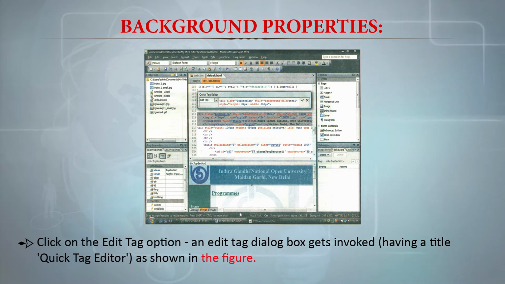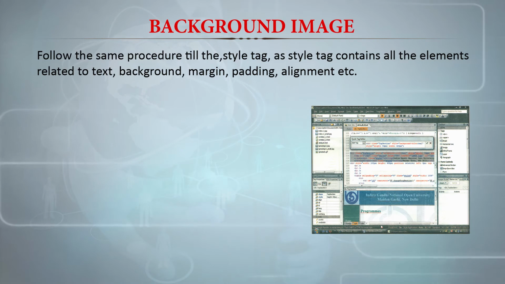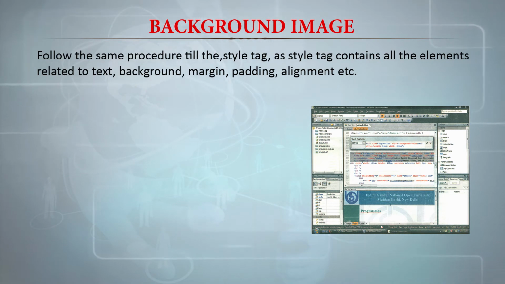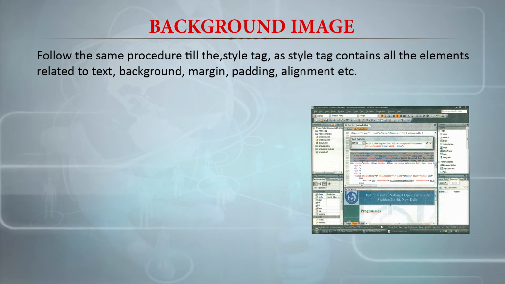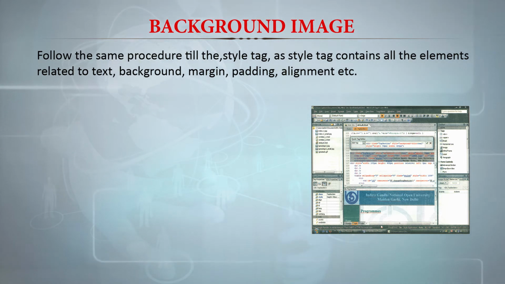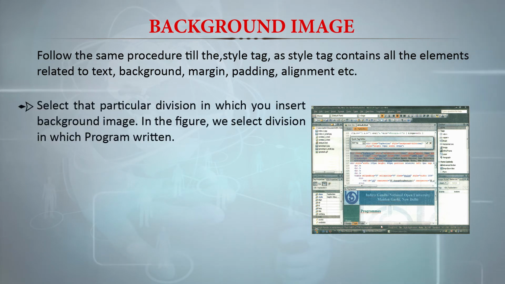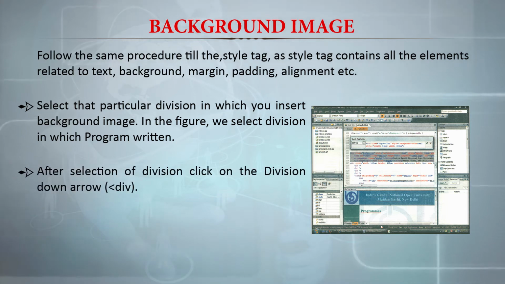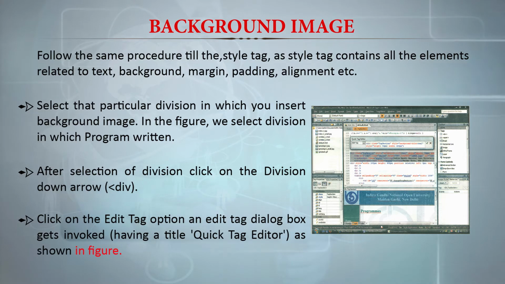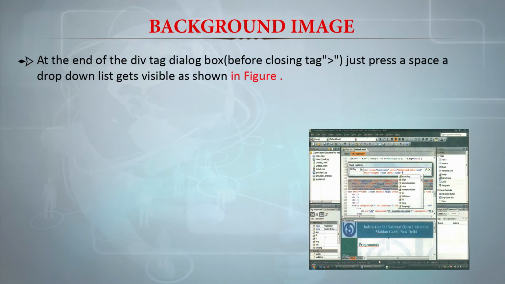So this quick tag editor is very important, and you have to follow the same procedure even in the case of background image, up to the style tag, as the style tag contains all the elements related to text, background, margin, padding, alignment and other things. Select the particular division in which you want to insert the background image, and in the image select the division in which the program is written. After selection of the division, click on the division down arrow and click on the edit tag option, and the edit tag dialog box gets invoked. Then at the end of the div tag dialog box just press a space,